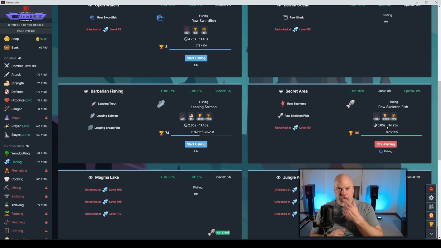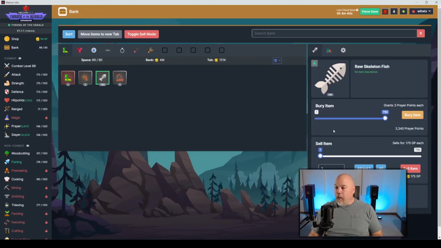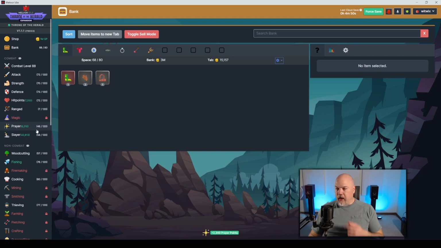I don't have the benefit of like all the summoning and the agility and astrology and all that stuff just yet. So this is going a lot slower than I remembered, and it kind of sucks, but we are at least generating prayer points. And I was just about to go into the volcano earlier, and then I thought, well, I don't have any prayer points. I had literally 0 or 1. So